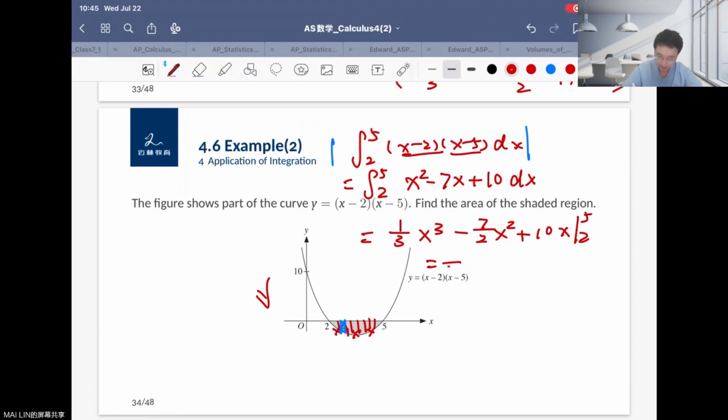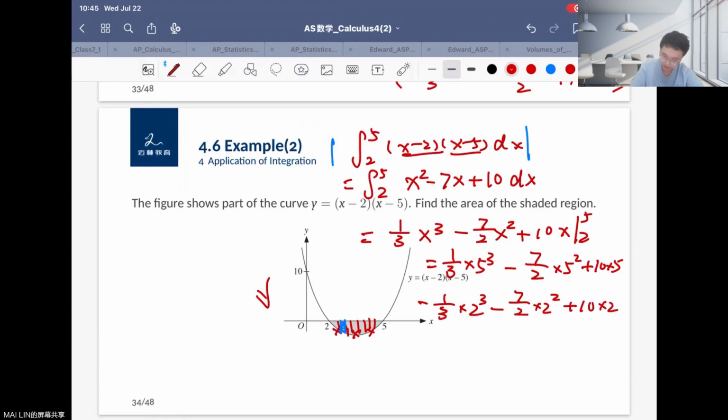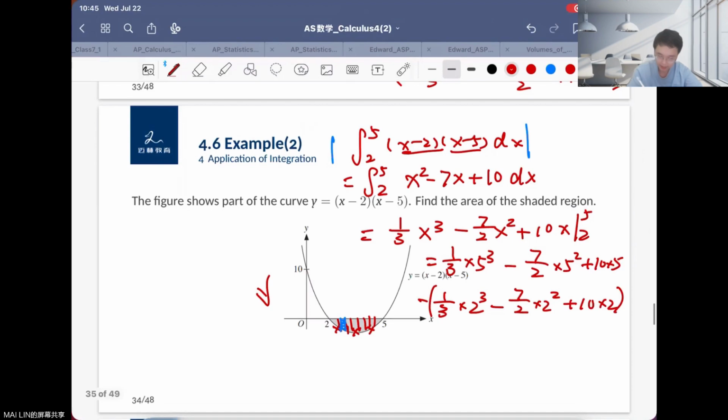So it becomes 1/3 times 5 cubed minus 7 over 2 times 5 squared plus 10 times 5, right? That is the upper bound. And then you can minus the lower bound, minus 1/3 times 2 cubed minus 7 over 2 times 2 squared plus 10 times 2, right? Okay, that is it. So you can put the values into it, like 1/3 times 5 cubed equals 125